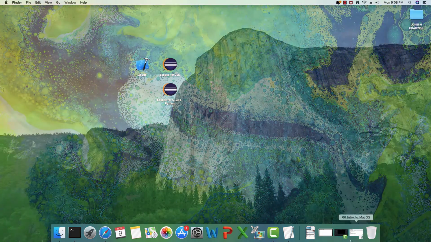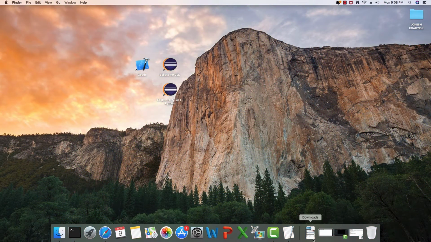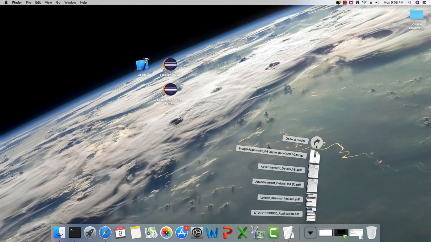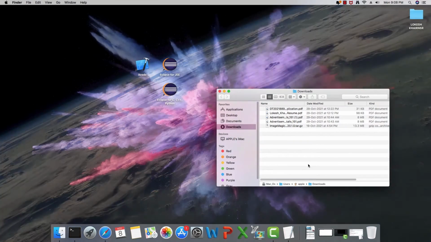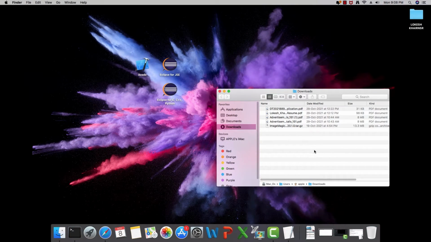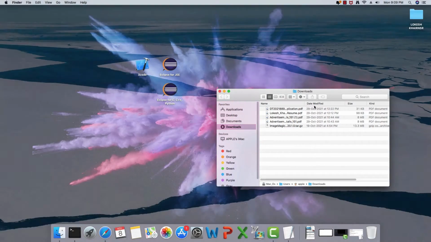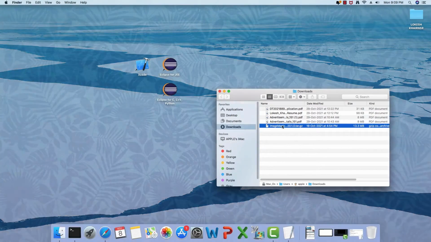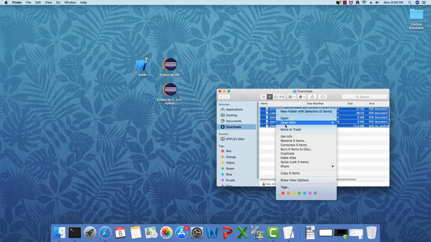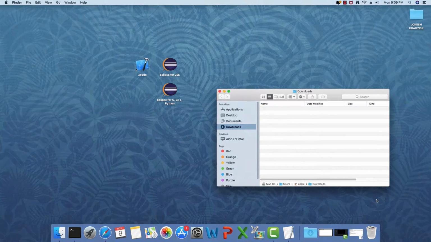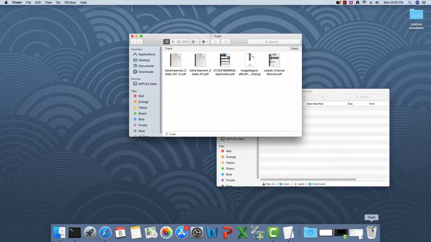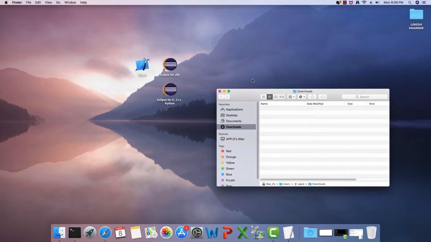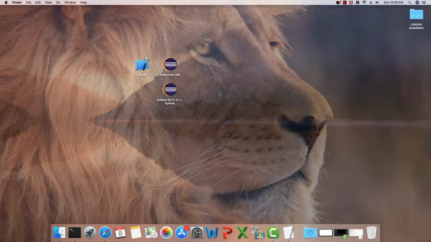Now in this section, all the programs that are currently opened will be visible, and here you have an option for downloads. So you can actually open that in Finder, and here you will see all the stuff downloaded by you. These are a few files downloaded by my friend who was filling up an online form. So I'm just going to go ahead and move them to trash. Now this trash can will be full. So if I click that, and say empty, and click again empty trash, it is going to remove all the items.